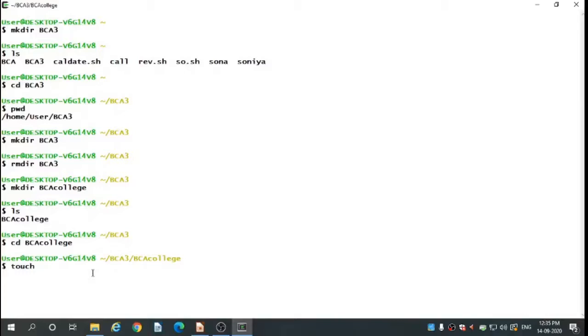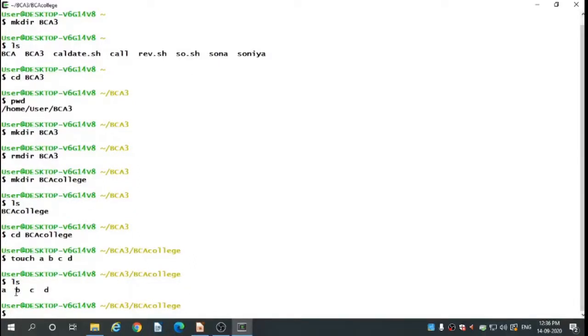So the touch command, A, B, C, D. We are using spaces here because it will create separate files, not the same file. Let's give the ls command again and see; here it has created separate files.